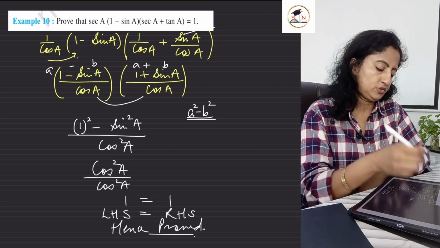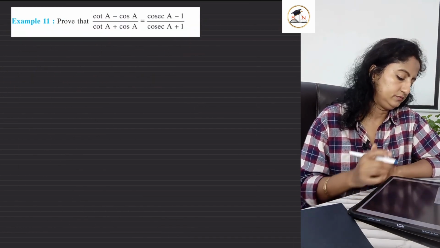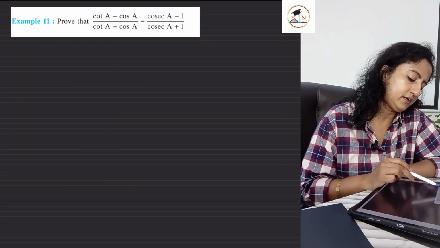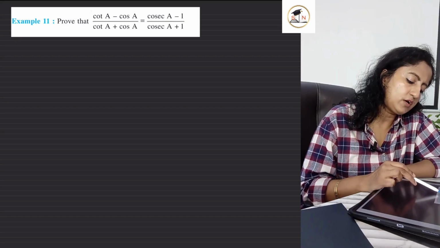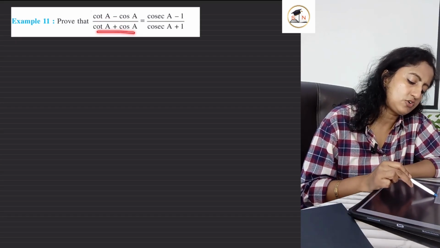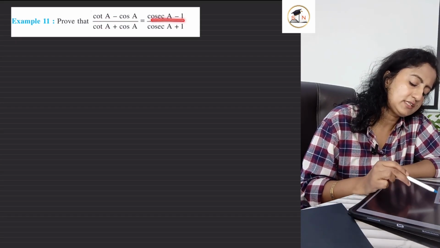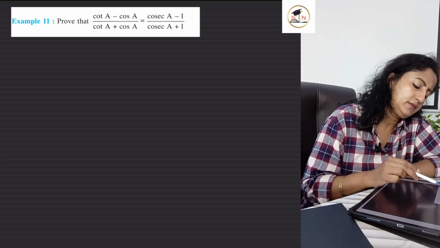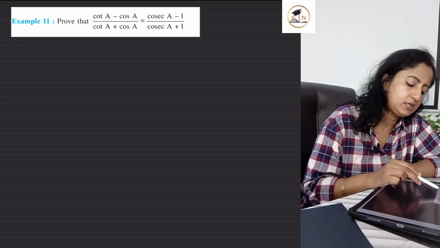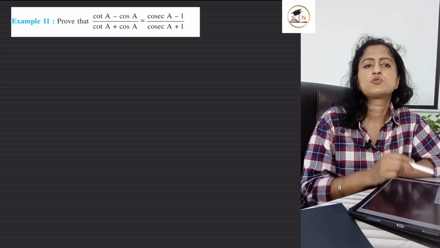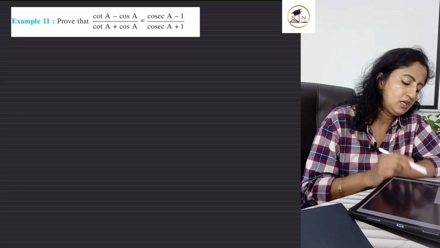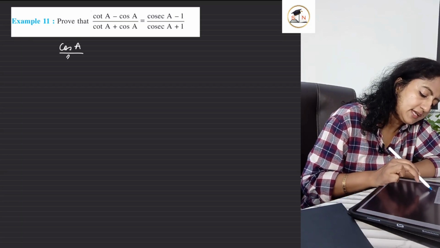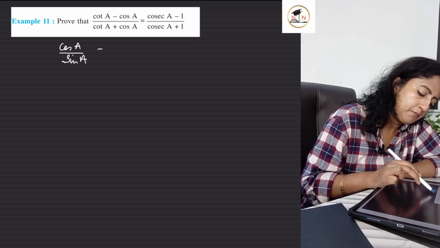Okay, so this was the example 10. Now, starting with example 11. What do we have over here? Prove that cot A minus cos A over cot A plus cos A equals cosec A minus 1 over cosec A plus 1. Let's start with it. I'm going to convert cot in terms of sine and cos. So what is cot A? Tell me. Cot A is cos A over sine A. Okay? Minus cos A